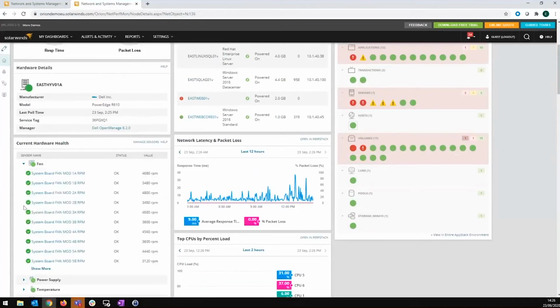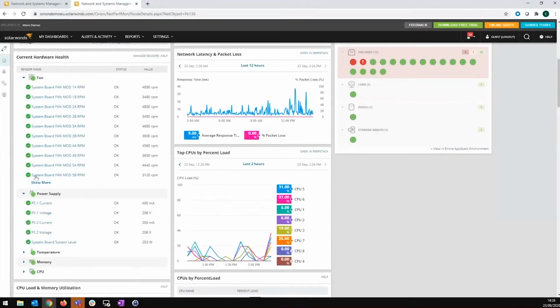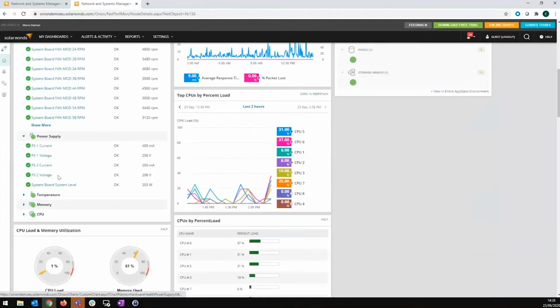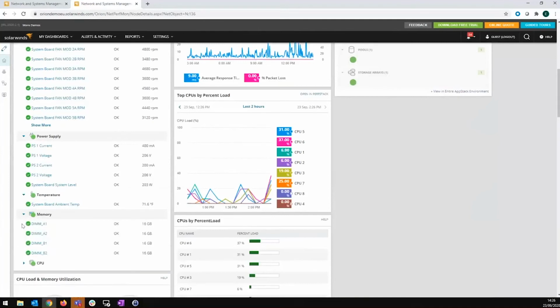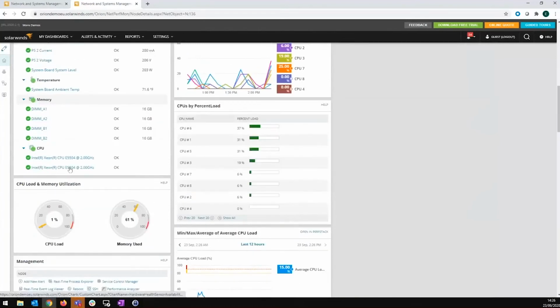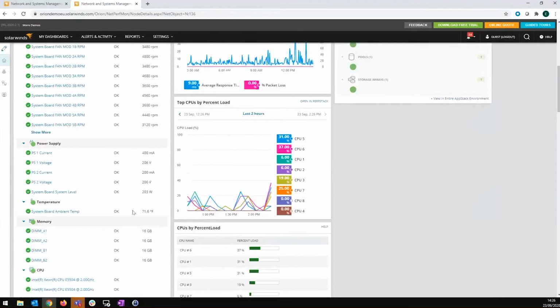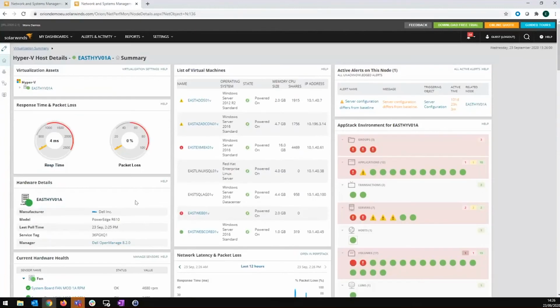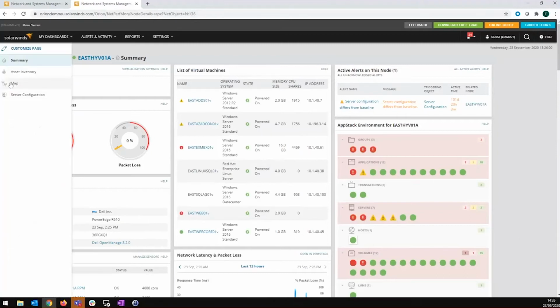So you can quickly see right here in the portal, together with all the other information which is collected from your devices and applications, information about the health of the hardware components of this particular blade. It could be something like chassis temperature, memory modules status, system board status, fans status, and so forth. For HP, we use HP Insight Manager agents, or in some cases we can connect to the iLO interface directly and then use the onboard management card to collect this information.